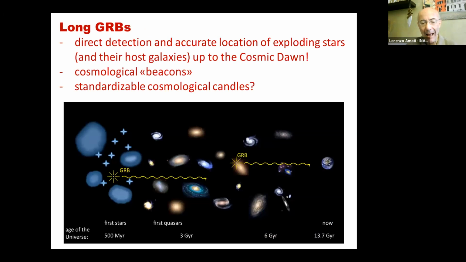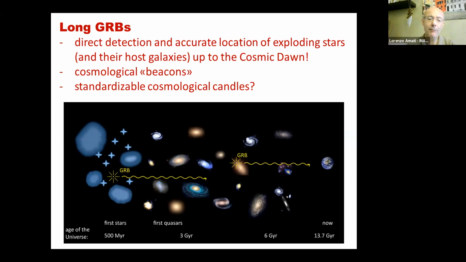So why so much interest? Of course, gamma ray bursts are a phenomenon, as said, so extreme that it involves many fields of fundamental physics and astrophysics by itself. Here I focus on their capabilities for cosmology and, in perspective, multi-messenger astrophysics. So of course these long gamma ray bursts, as I said, are detected up to the very early universe, as is sketched here. They can originate up to a few 100 million years after the Big Bang, when the first stars and first galaxies were forming.